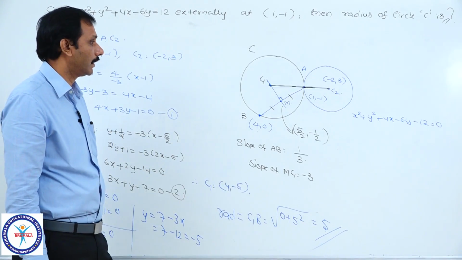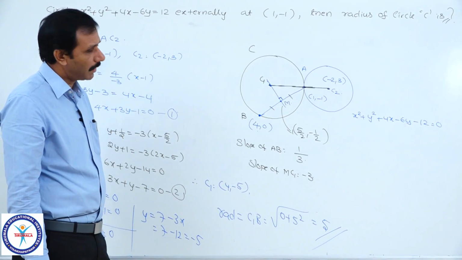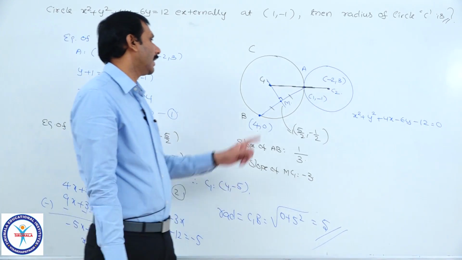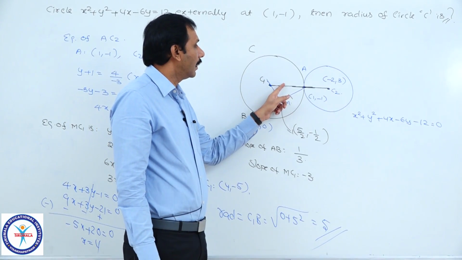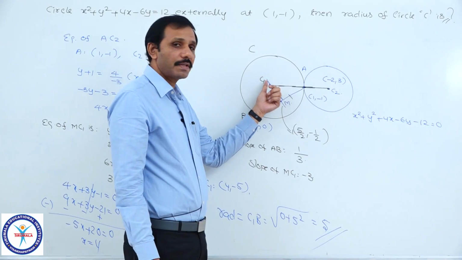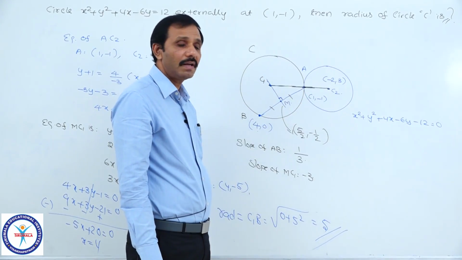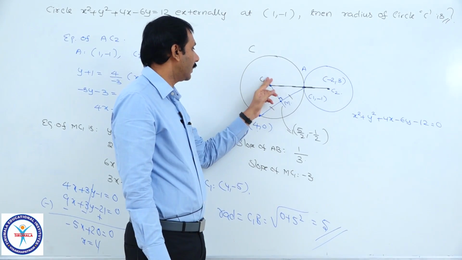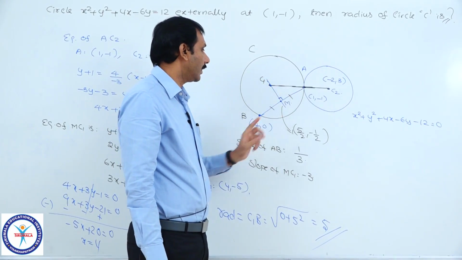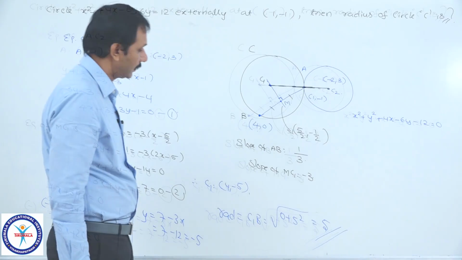Therefore, the radius is 5. Of course, another method you can also do is by taking the center as (alpha, beta), or after finding this equation in terms of a single parameter alpha, the distance between this and this, both are equal. You can solve for alpha, you can find the coordinates and hence the radius, but this is simple, I think.